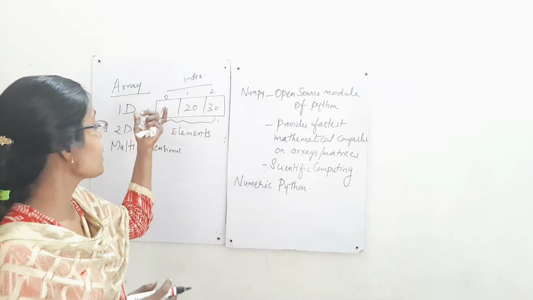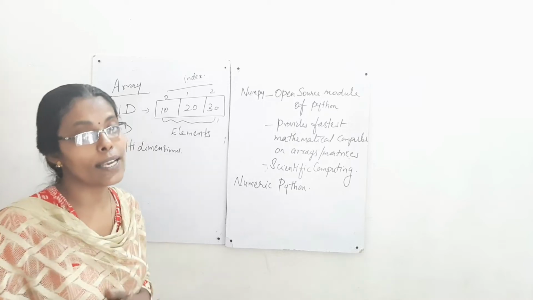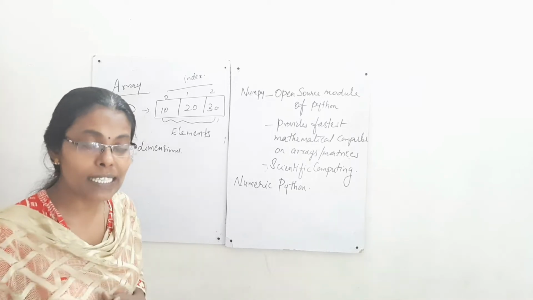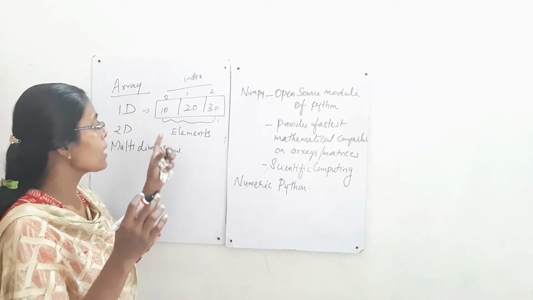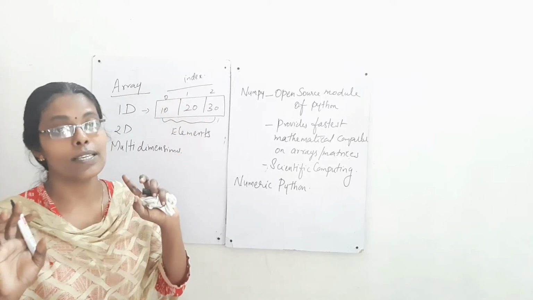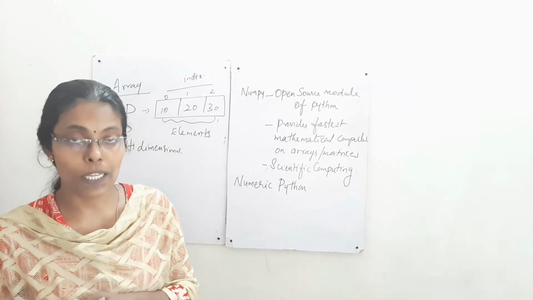So that is about one-dimensional array. It will be stored row wise only. It is a collection of elements and it can be of homogeneous data type, and it will be in continuous memory location, and it has index starting with 0. These are all the main points. We are already familiar with other languages like C++ and all.